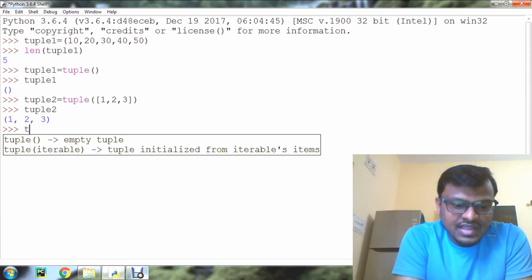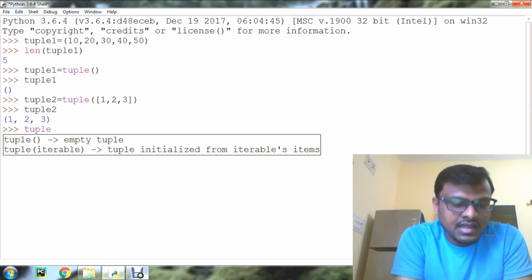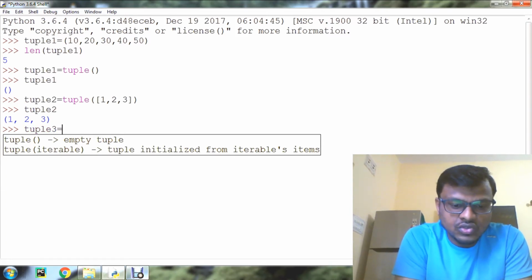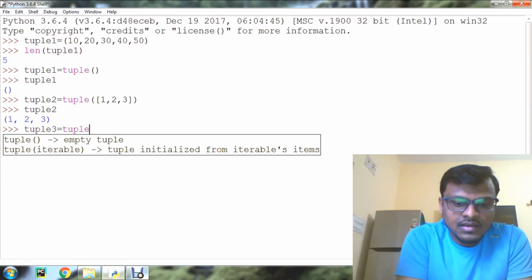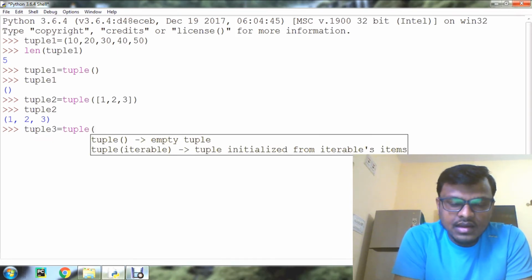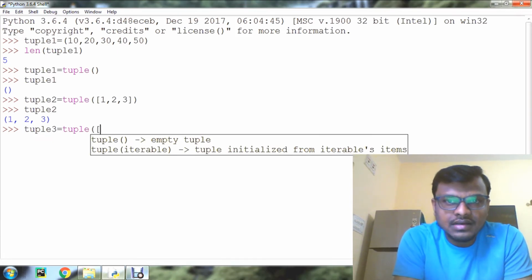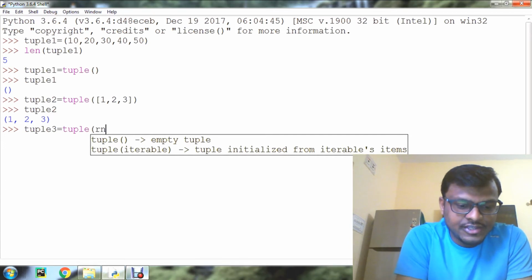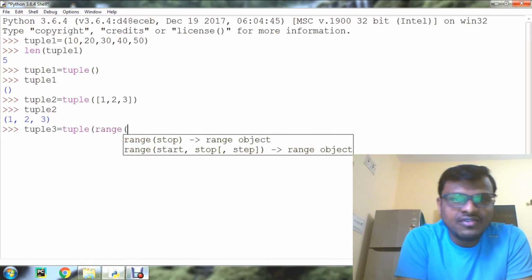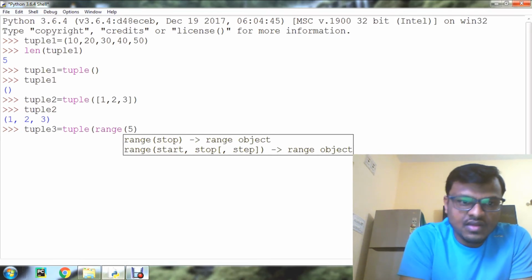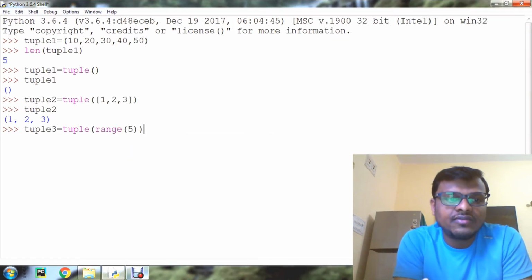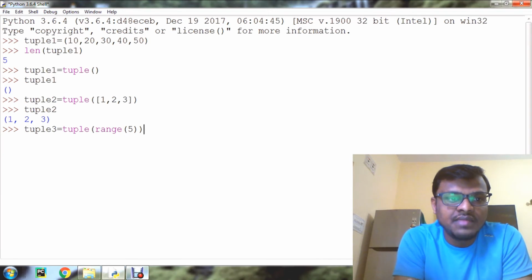In the same way we can give another example, like tuple3 is equal to tuple, and I'm going to pass a range now. We know the range function, so I will give range of 5. It will create a tuple of 5 elements.